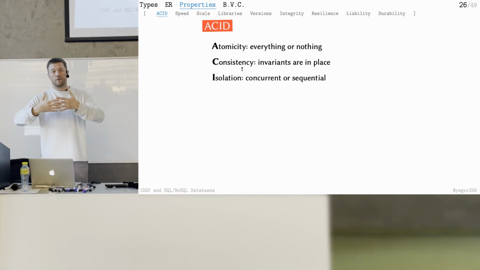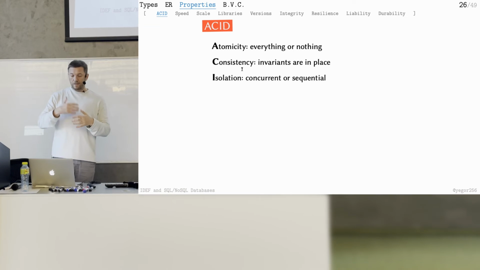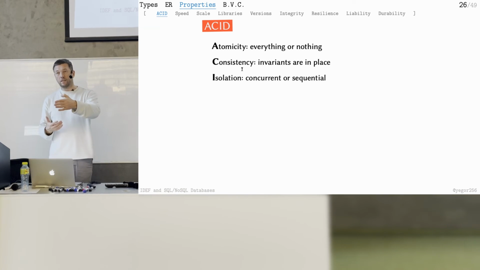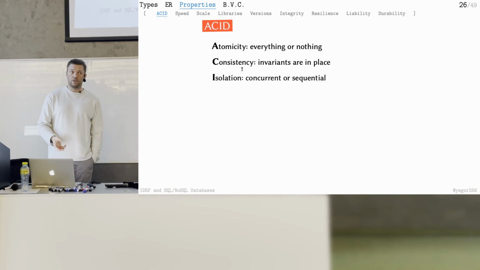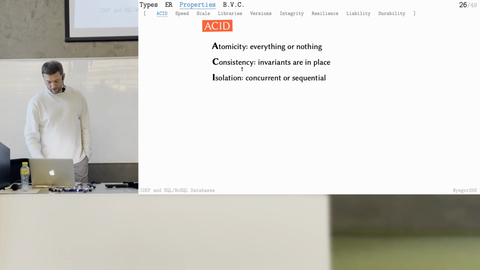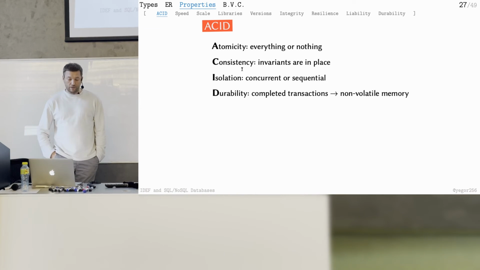They shouldn't make changes in a way that will break the logic. For example, I add plus 5, you say minus 5. Some systems will say in the end plus 5 or minus 5 or plus 10. Many things may happen if the system is not designed for isolation, if the system doesn't guarantee this I letter in the ACID. And final, durability.